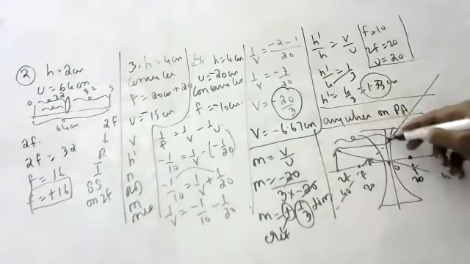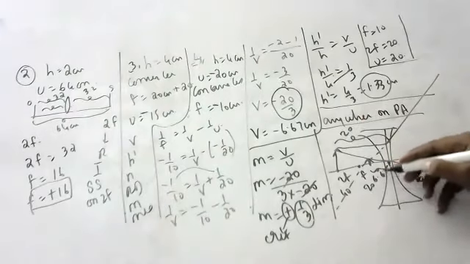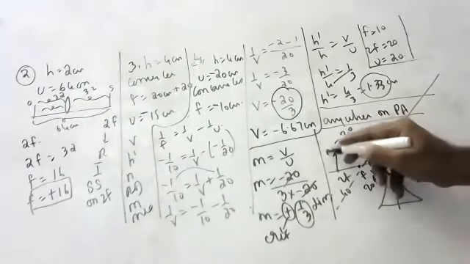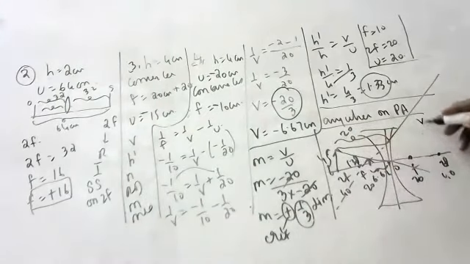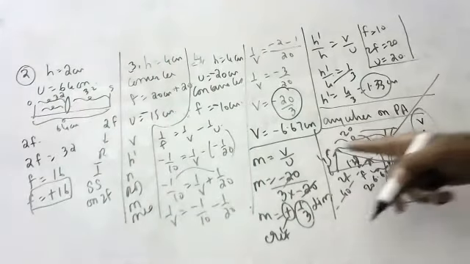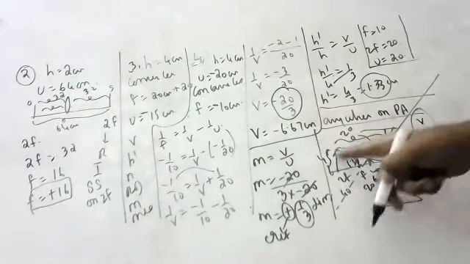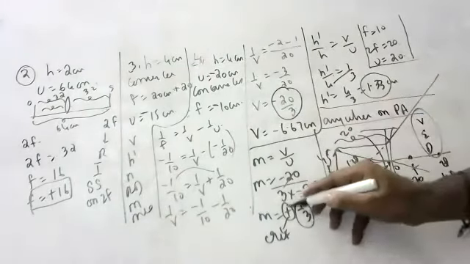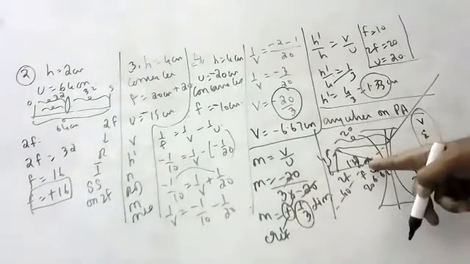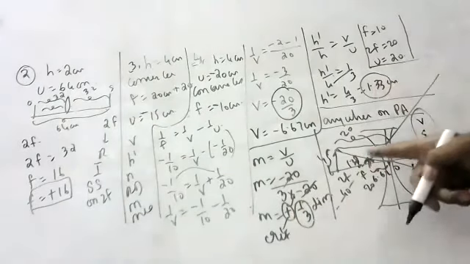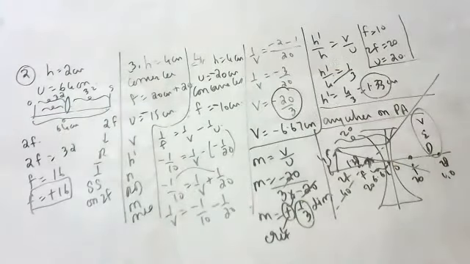What is the object distance, children? 20. What is the image distance? 6.67. Original object is how much? 4. Later it became 1.33. Virtual, erect, and diminished. Because object and image are on the same side, you are getting the minus sign. Why did you get plus? Because the image is erect. 1.33 plus means erect and diminished. 4 became 1.33, so it is a diminished image.